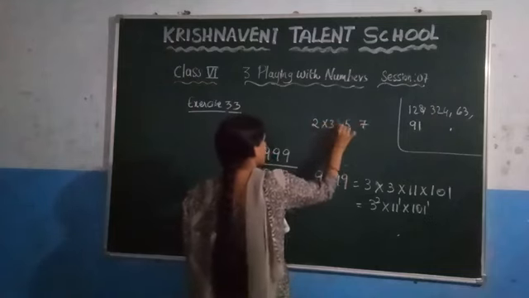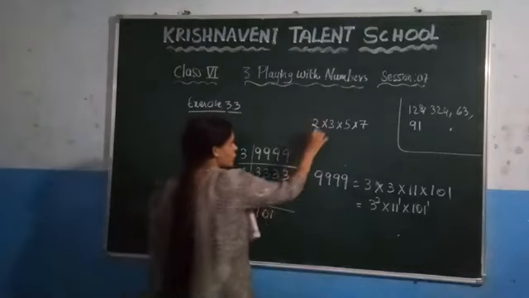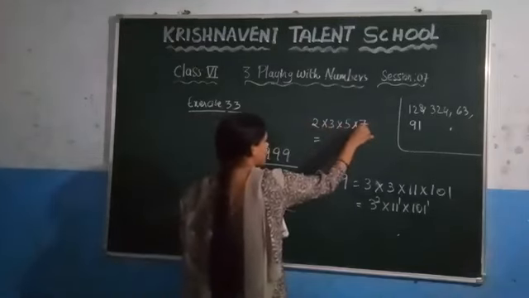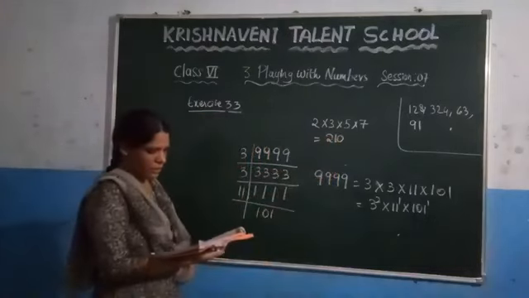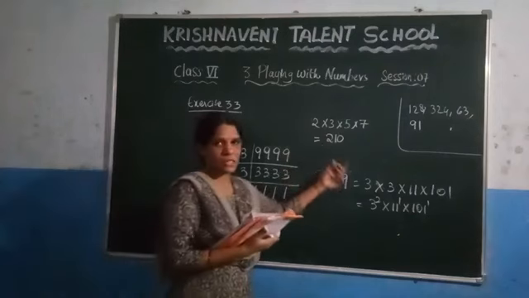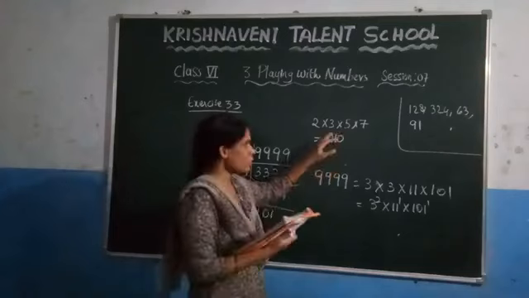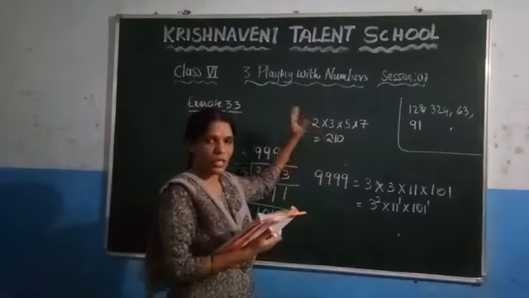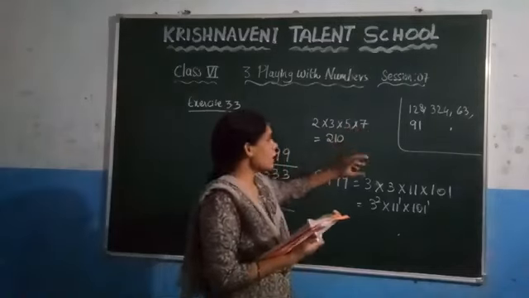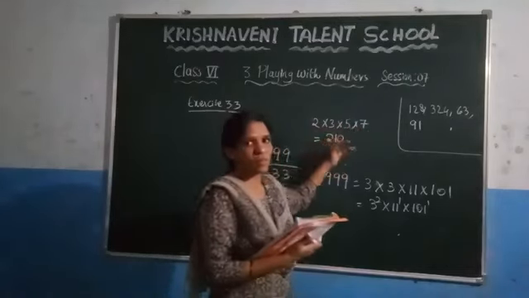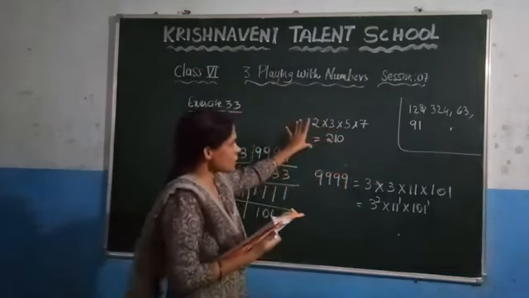If you make a product of these numbers, you will get the number. What you will get here? 3 2s are 6, 6 5s are 30 and into 7 which is 210. So what they said here, I am the smallest number. You know that it is the smallest number because we consider here the smallest prime factors. First the smallest prime factor is 2 and after that which is 3 and after that which is 5 and after that which is 7. We have made a product of the smallest prime factors such that you are getting the smallest number which is 210. This is your homework.